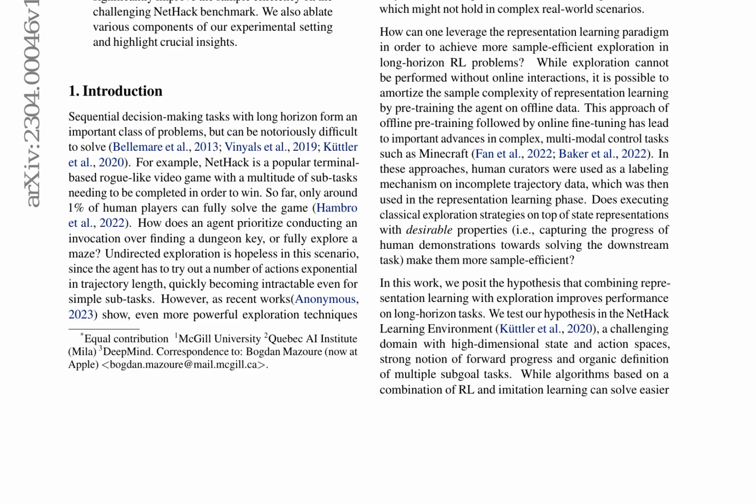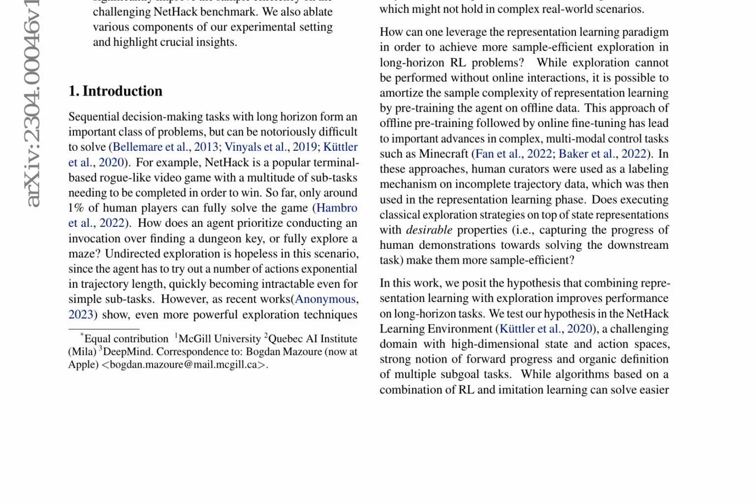The authors propose addressing this problem by determining the action expansion order through either modifying the agent's intrinsic motivation or structuring its internal world representation. This research explores the idea of leveraging representation learning to achieve more sample-efficient exploration in long-horizon RL problems.